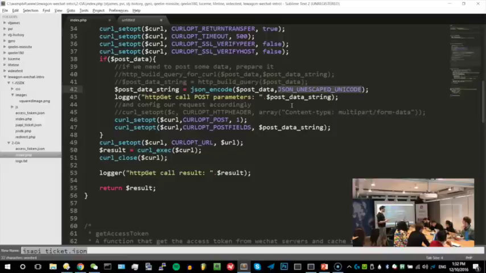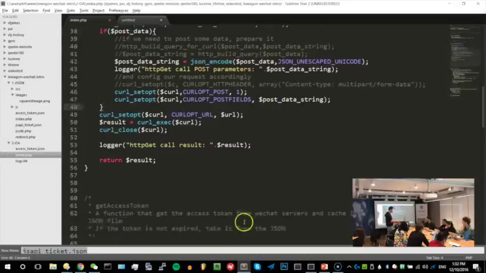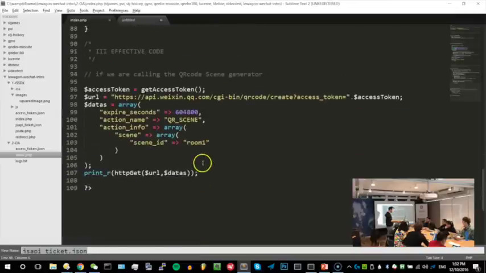But WeChat is awesome because they're using JSON to send data, but they want us to send Chinese characters inside the JSON, which is not conventional. And when you use this function in PHP, it's encoding for you because it's assuming that you want to encode all the information. So that's non-standard stuff again that is very painful. It took me like 5 hours to realize that and work on that. So that's part of the pain of using WeChat.